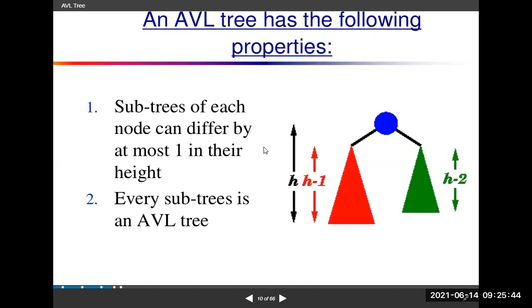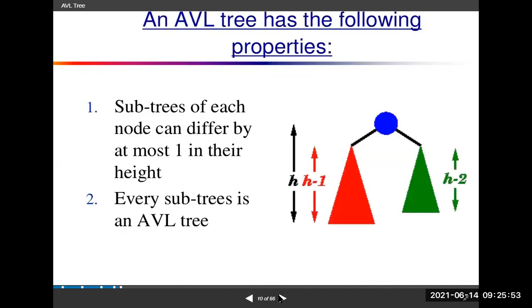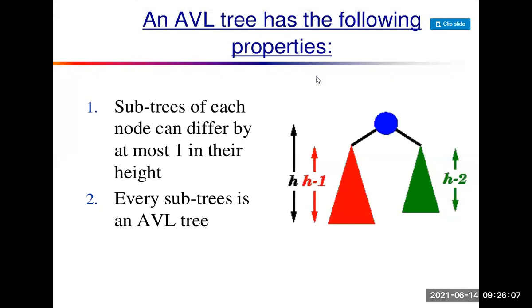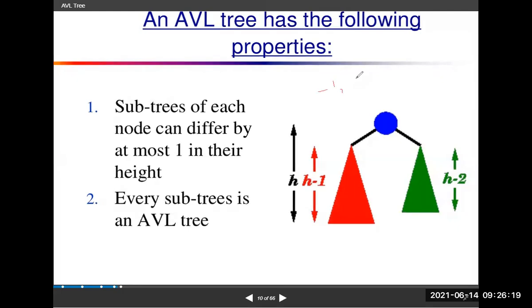So, what is an AVL tree? An AVL tree is self-balancing. It has a balancing factor, that is, the height of the left subtree minus the height of the right subtree. Yesterday I already told you, height of the left subtree minus height of the right subtree. We call it the balancing factor. If you are constructing the tree, you have to check whether the tree is balanced or not using balancing factors. The balancing factors for an AVL tree are -1, 0, and 1.